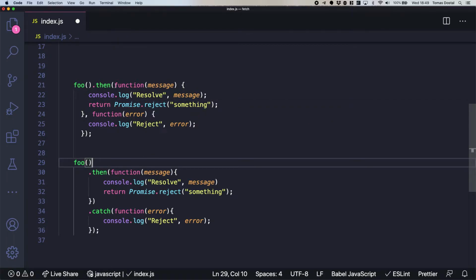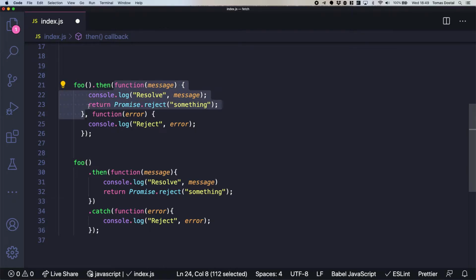So in the successful return, I do a Promise.reject. Basically what I'm doing in here is saying this promise will now reject instead of resolve.